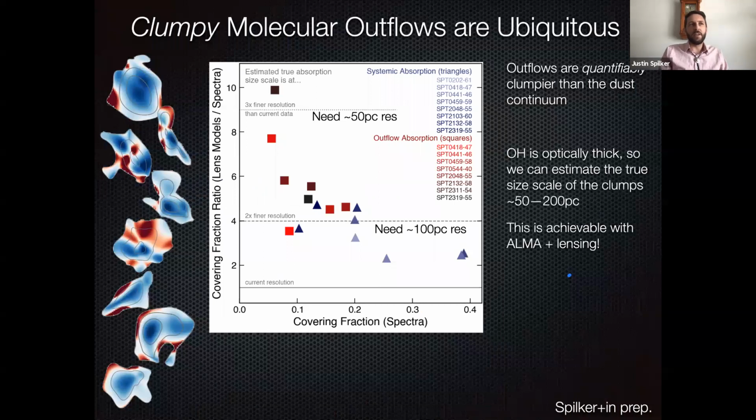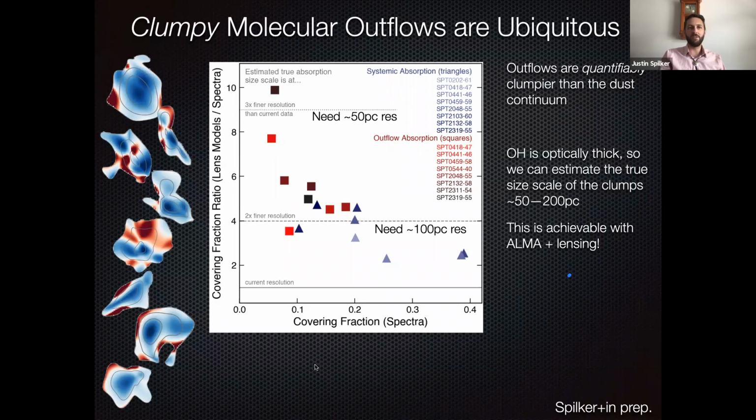And so one of the interesting things, I think, is that these absorption lines are really highly optically thick. What that means is that if you're looking at your spectrum and you see that 10% of the continuum flux has been absorbed, that tells you that 10% of the galaxy has been covered up by this outflowing material. And so I can compare that 10% to the covering fraction that I get from my lensing reconstructions, and use that to infer something about the spatial structure of these outflows on scales much smaller than what I've actually observed.